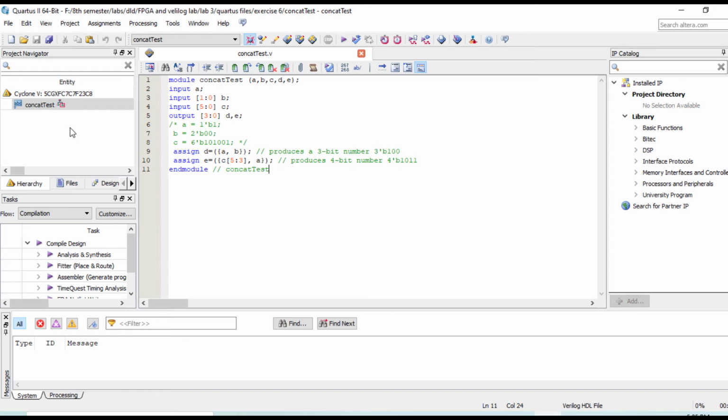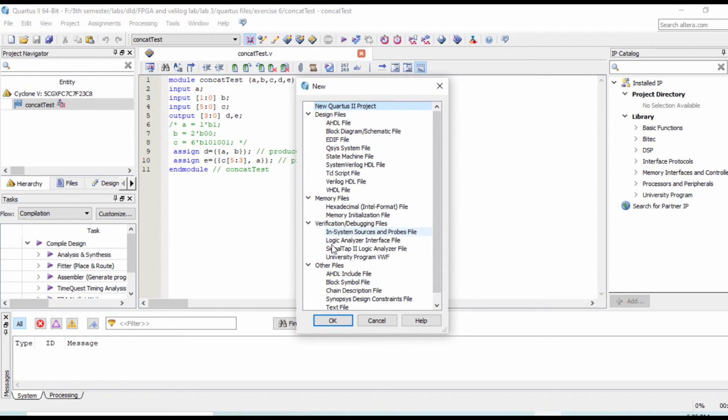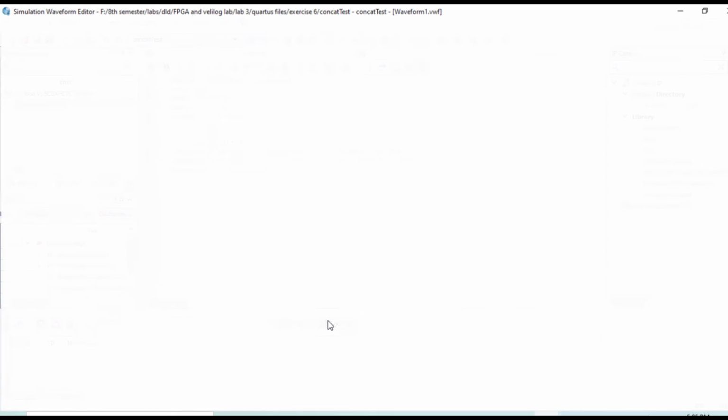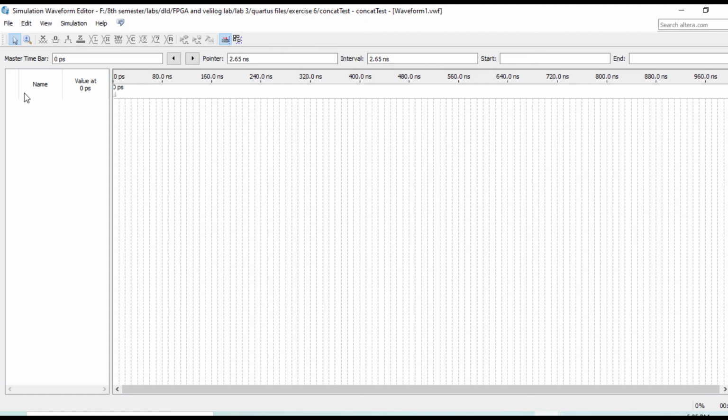And now I move towards the waveform of this code. Just press on university program PWF, OK. I already made this waveform. If you don't know how to make the waveform of this code, then you should focus on the earlier part of my video.